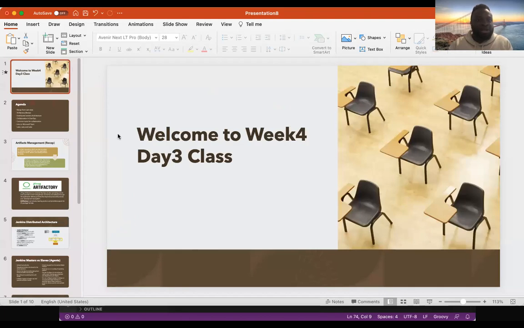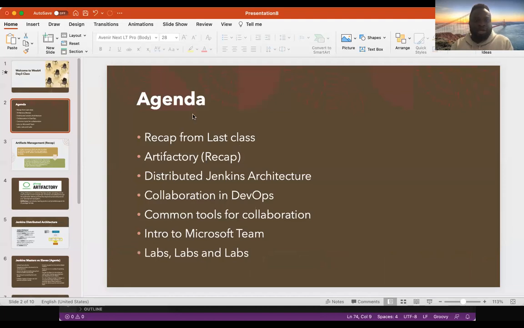So this is another week, and for our agenda today, this is what we'll be talking about. First, we do some recap from what we did during last class. Then we talk about Artifactory and what an artifact is. Then we go to distributed Jenkins architecture and try to understand what that means. Then collaboration in DevOps, which is also a very important thing to know, and some of the tools we use for